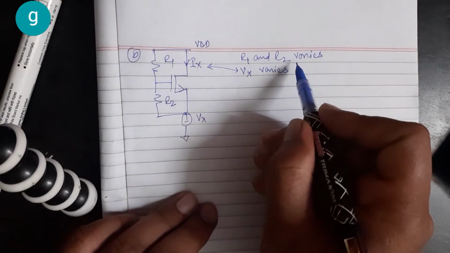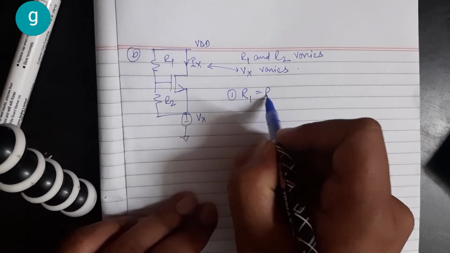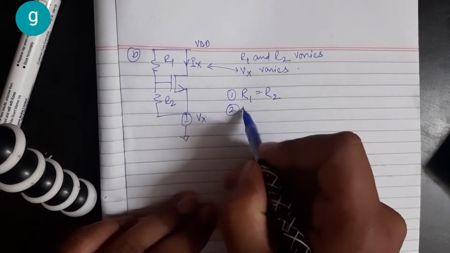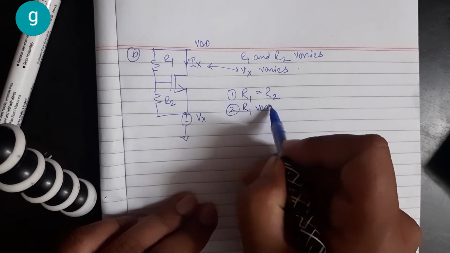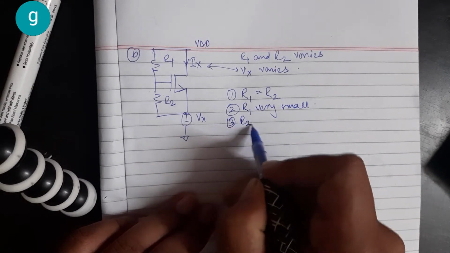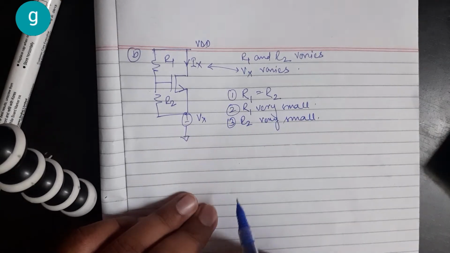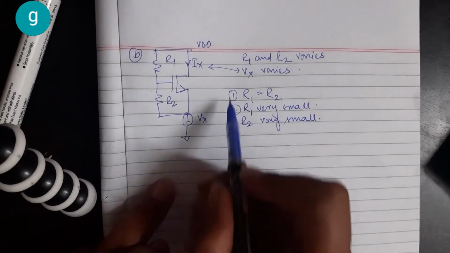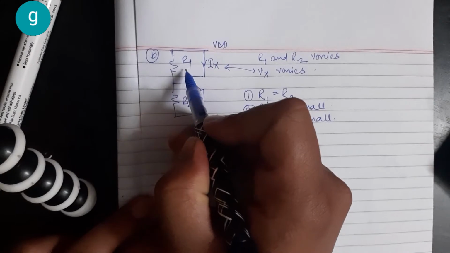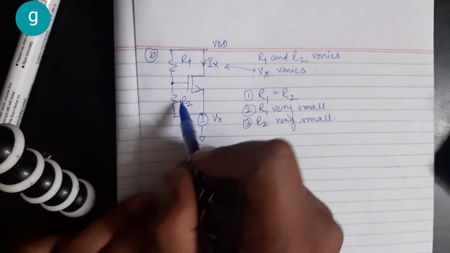For R1 and R2, we have some choices. One is R1 equals R2. Two, R1 very small. Three, R2 very small. So let us approach these one by one. What happens when R1 is very small? When R1 is very small as compared to R2,